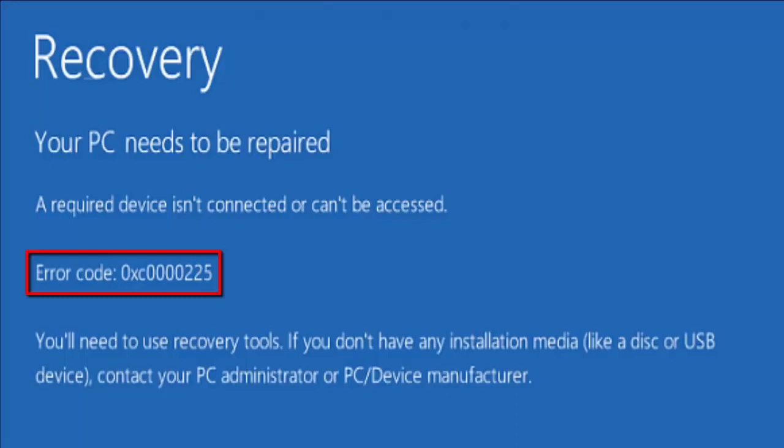Users have reported encountering this error while updating Windows 10 or updating critical components of Windows, and the computer abruptly restarted and all you are left with is this error code and a PC that won't boot. But don't worry, that's why I'm here to help you. Let's not waste any time, move on to the methods in which we can fix this issue. Let's move to the first method.